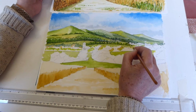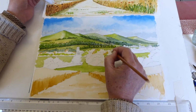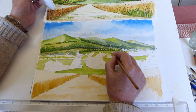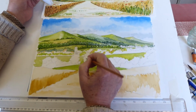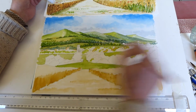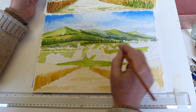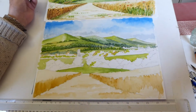I just want to try and give it as though the light is catching the trees. Now come down a bit more lighter with that, I think. Not enough yellow in that. And lemon yellow gives a nice sort of what I call fresh spring light feel. There's a bit of colour in there, so while I'm at it and down here, I'm going to bung some of this in as well at this stage. As we come to the ones in the foreground, which will be a little bit later, again you'll see here